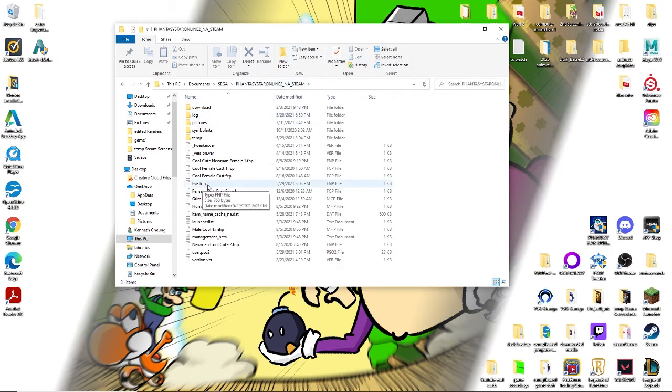Now if you notice, my Eve character creation file is right here as an FNP file. Depending on which race you have, yours might be a little different. Like for example, Eve is a female Newman, so female F, Newman, N, P. I actually don't know what the P stands for, but that's not really important. So for example, if you have a male cast, like Grimlock over here, it will be a male cast P file. But I'm only interested in Eve, so I'm going to copy Eve over here, Control C,